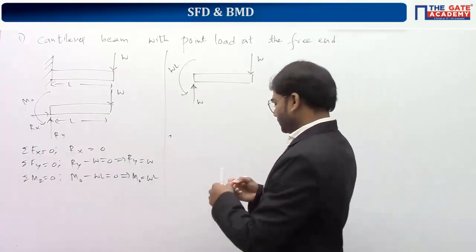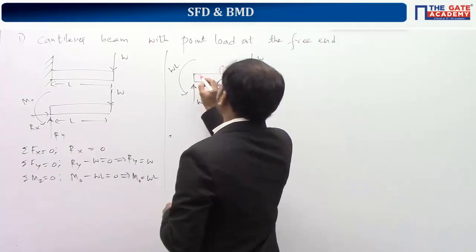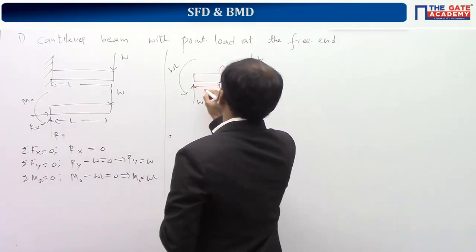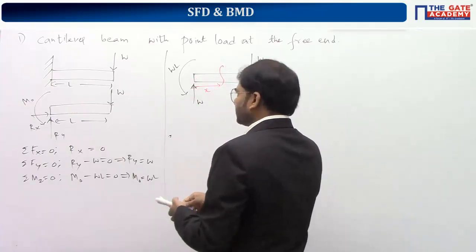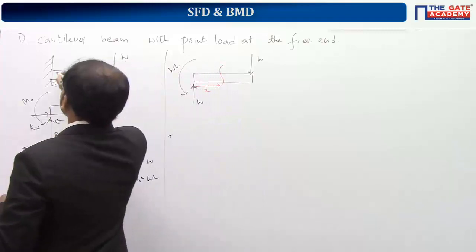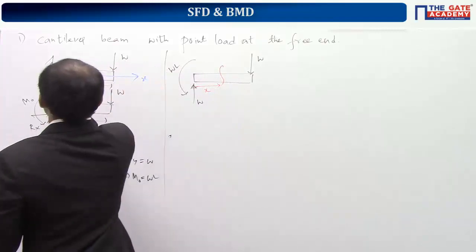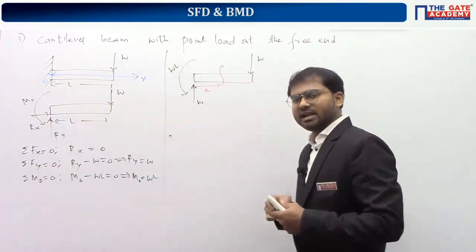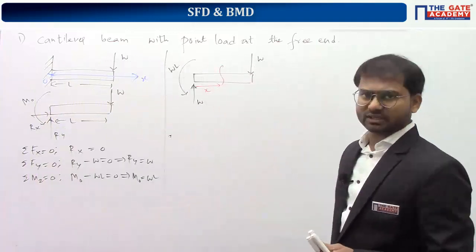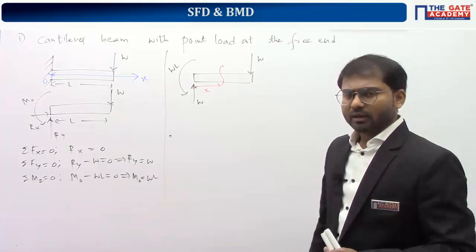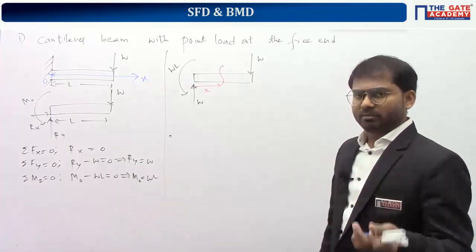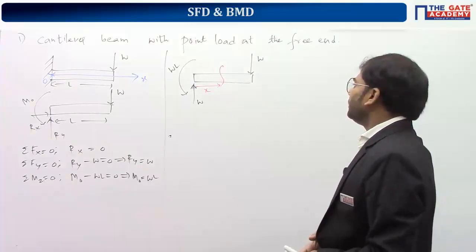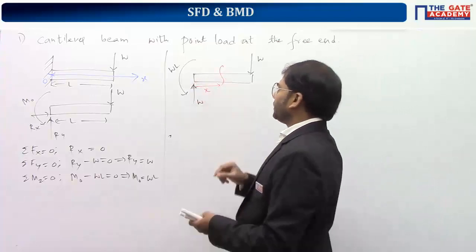So what we are doing is we are taking a cut along the length of the beam at a distance of x from the left side. Please remember, whether I say it or not, the x-axis is always like this. The origin is at the left support and the x-axis is along the length of the unbent beam. So the origin is at the left, and we cut at a distance of x from the left side.